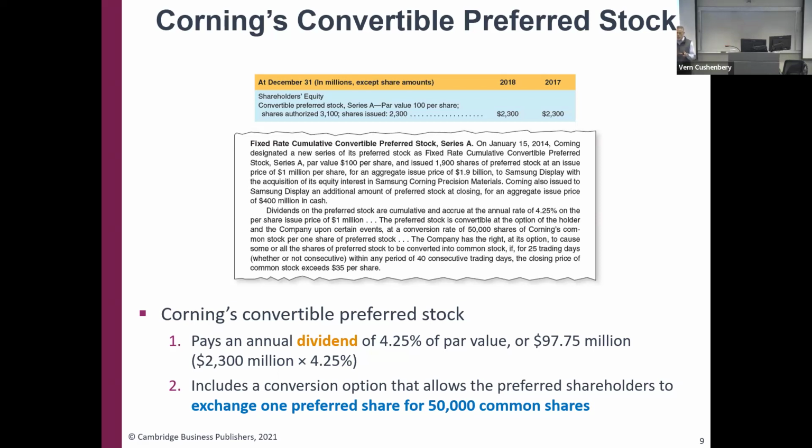Okay, what do we know about convertible? Last week, we talked about a convertible bond. Remember how that worked? Or maybe we didn't talk about that. I get everything mixed up. Maybe that's here in the slides. At a certain price, you're allowed to have the option to switch over your preferred share to a certain amount of common shares. It's a nice feature for investors. It usually offers investors flexibility.